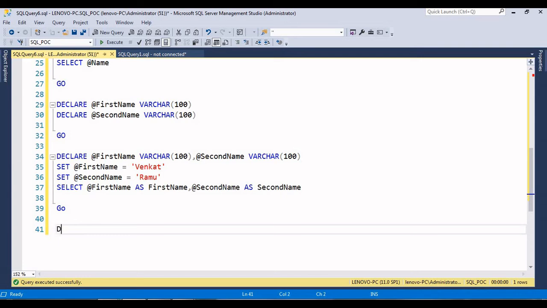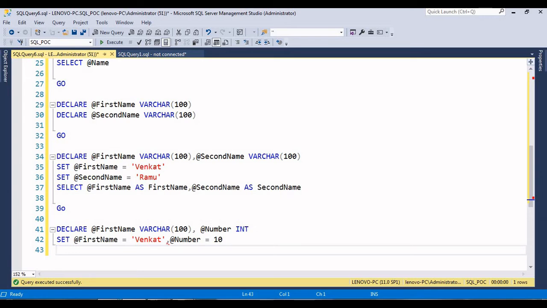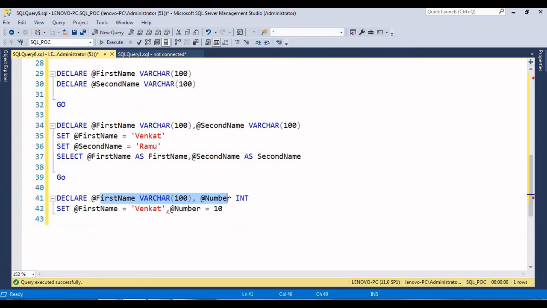We'll try to understand. Declare first name varchar. Okay, so the second variable is number int. Okay, set first name is Venkat. So number is equal to... okay, if I declare like this, it's not giving an error, but while assigning